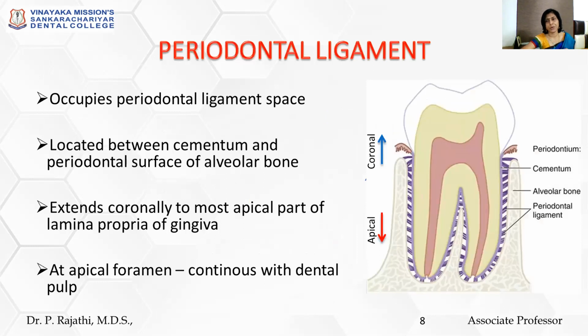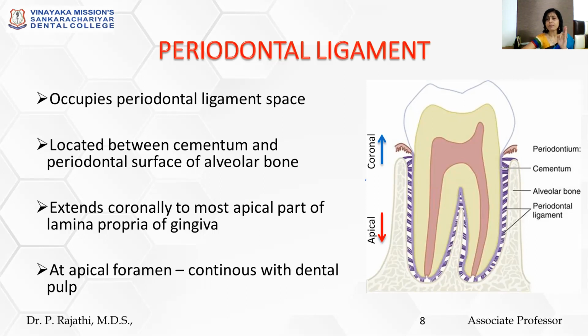Next, what is periodontal ligament? Here again, as the name implies, peri means around, odent means tooth. Ligament is the terminology which we usually use for any fibrous connective tissue that joins bone to bone, so hard tissue to hard tissue. Here in this case, the periodontal ligament fibers are attached to cementum on one side and to the alveolar bone on the other side. If you can see, both are hard tissues again. So ligament is a fibrous connective tissue attaching two hard tissues. Remember that. So it's very easy.